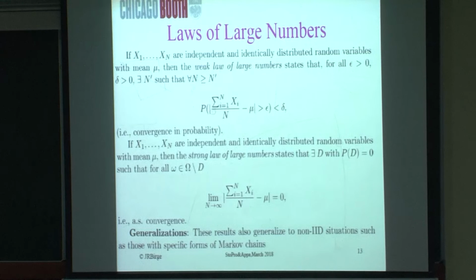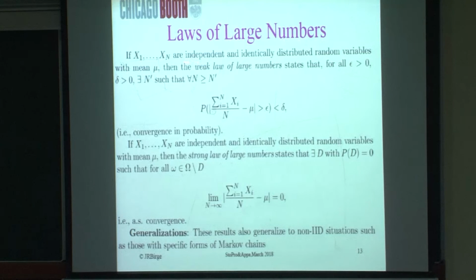At least for the first, there's no assumption about how widely distributed they are. So they don't have to have a finite variance. The variance could be infinite. It could be something like 1 over x squared, which doesn't have a variance. But all they have to have is a mean.